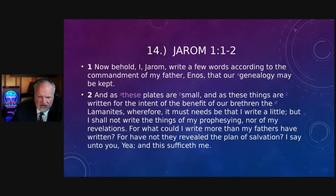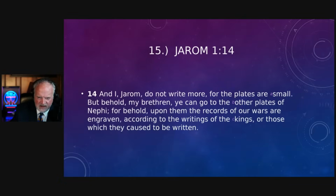So basically, Jarom just puts in a couple of verses. He doesn't put in anything else. But in those couple of verses, the one thing he wants to make sure you understand is that there's two sets of plates. That's the big message from Jarom as well. And in Jarom chapter 1, verse 14, this is example number 15, he returns to his theme, and I, Jarom,